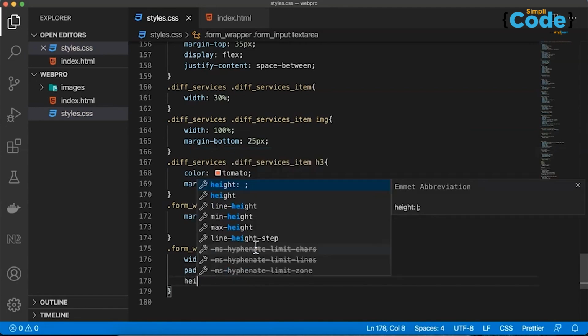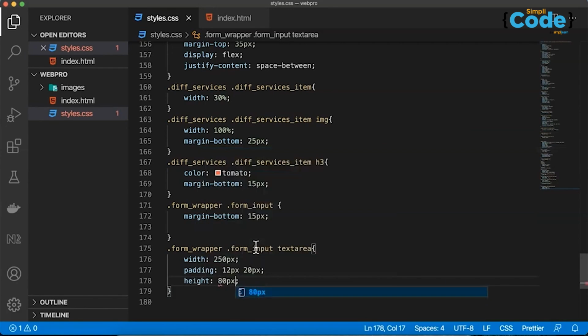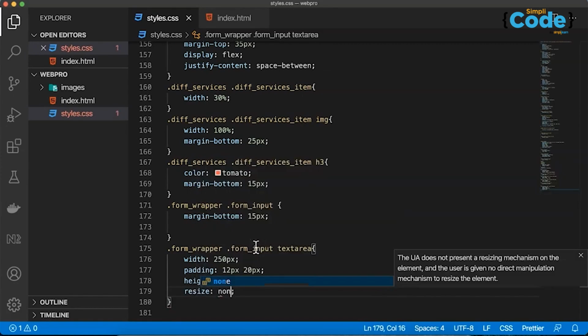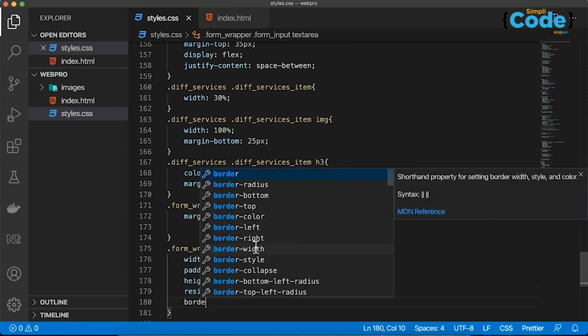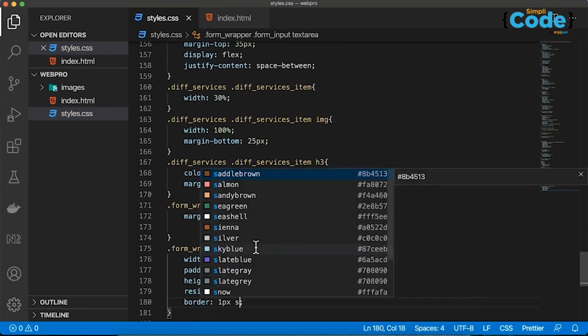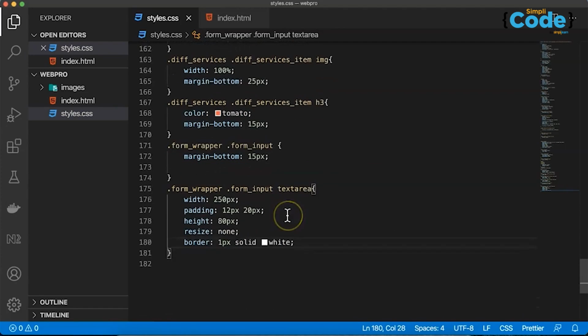We talk about height 80 pixels. We talk about resize, we talk about none. We say border, this border we say 1 pixel solid white. This is for this,